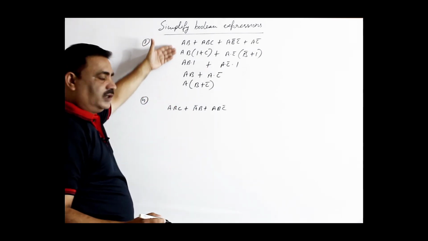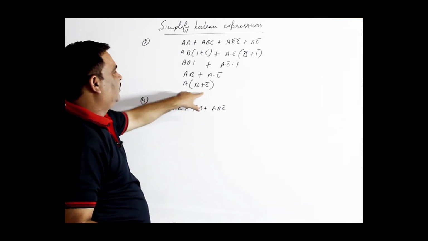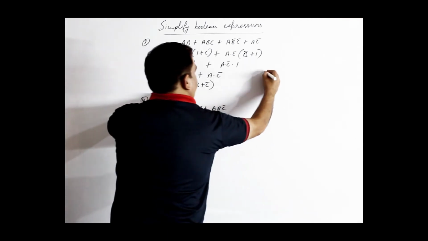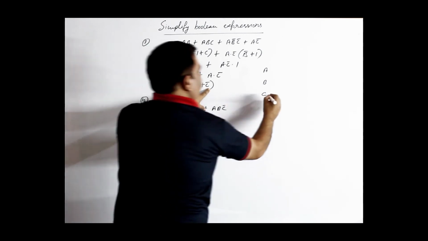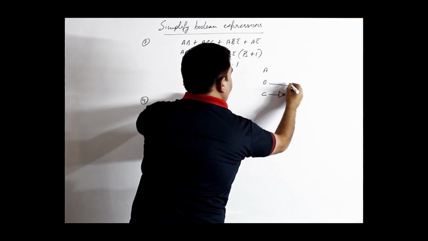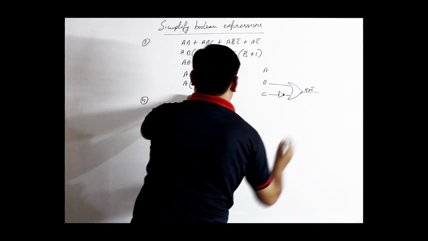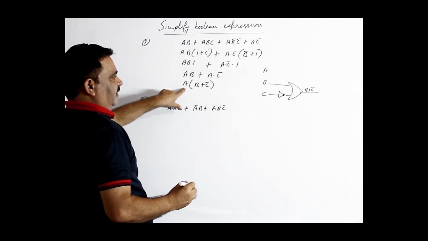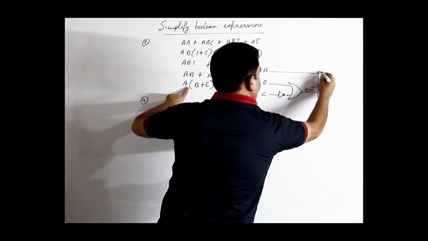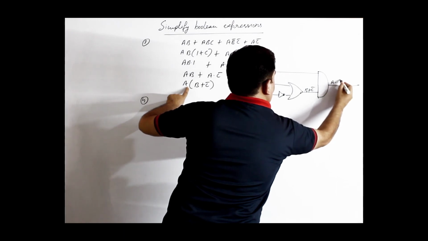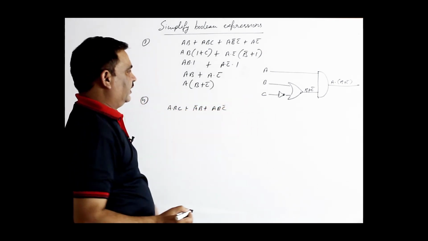Sometimes questions can be like, reduce the expression and draw the logic circuit diagram of the reduced expression. Then how will you draw the logic circuit diagram of this? We have three terms A, B and C. B plus C complement, so you need C complement, and B plus using OR gate, it is B plus C complement, the bracket one. A is here, dot is there, AND gate you have to apply. Finally, A dot B plus C complement. This way you can easily draw the logical circuit diagram.